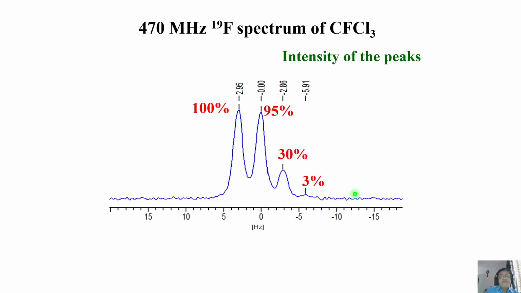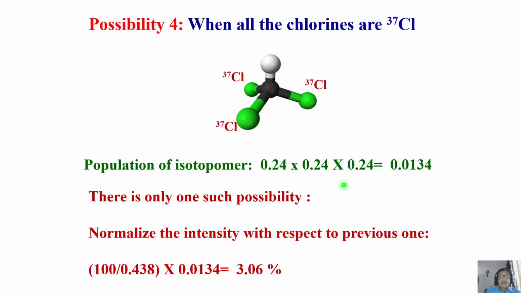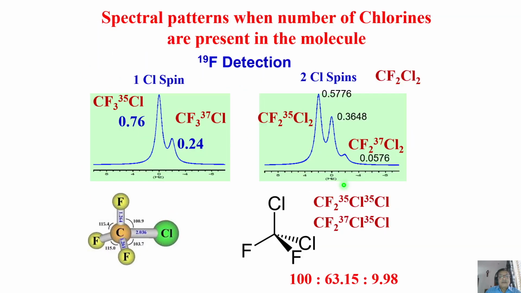So this is the isotopic effect. The moment you make a substitution, or another isotope is present, and there is a probability distribution of populations, then you get multiple peaks and you have to analyze them carefully. All right. Now you can work out varieties of patterns like this. Instead of CFCl3, what happens if it is CF2Cl2, or CF3Cl? You can work it out. I gave an example for CFCl3.